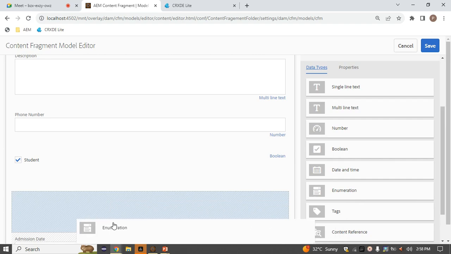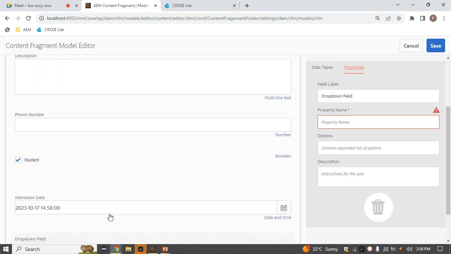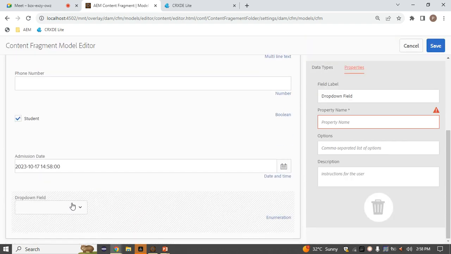Now we have enumerations. Basically, enumeration is nothing but the drop down. A drop down means that in a single field you will see more than one option. That is nothing but the drop down, and you can select according to your need. So how can we separate? Here we have options. How can we write the options here? Firstly, we'll simply write here